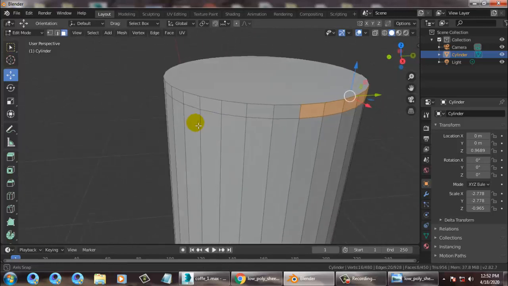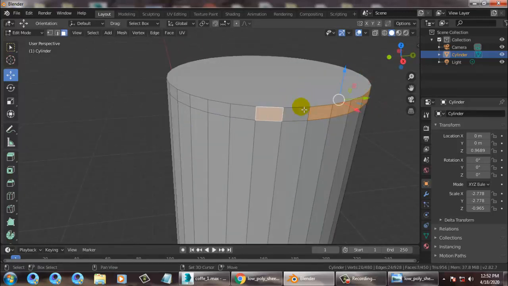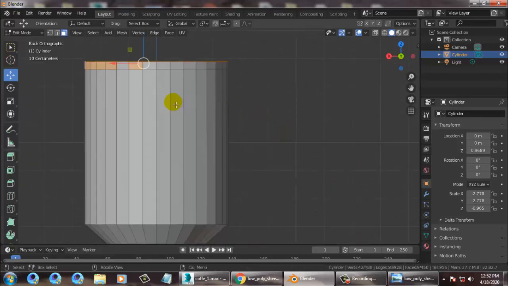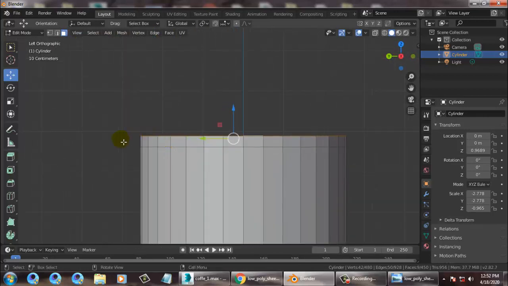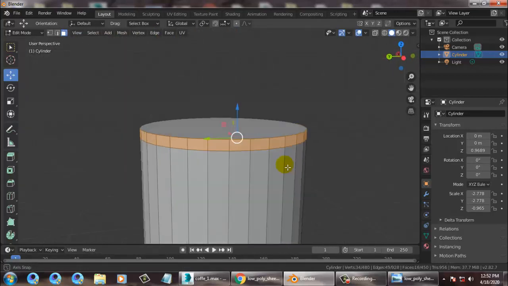So just let's select the faces. Before selecting these faces, let's drag and select it in this way.